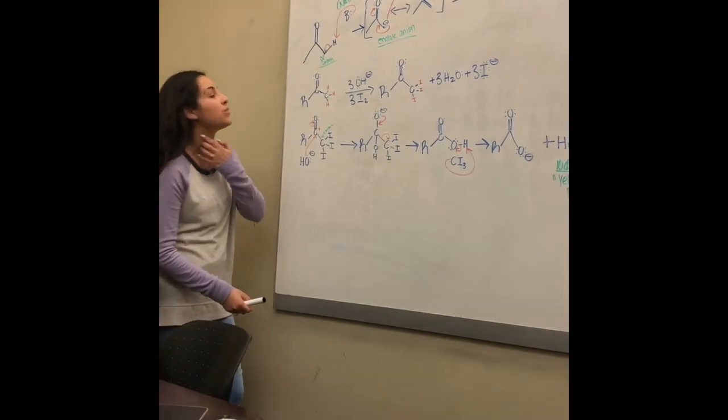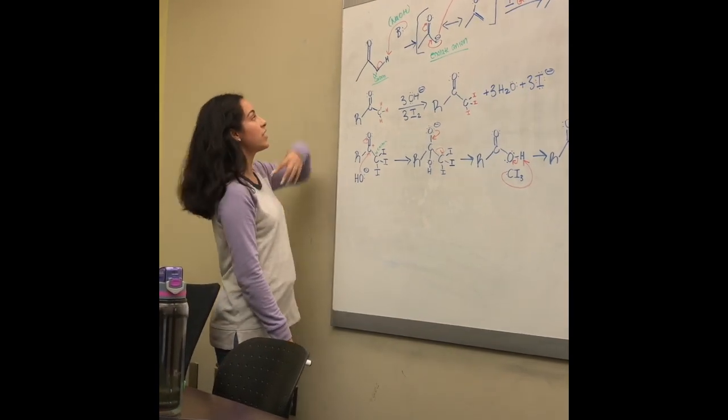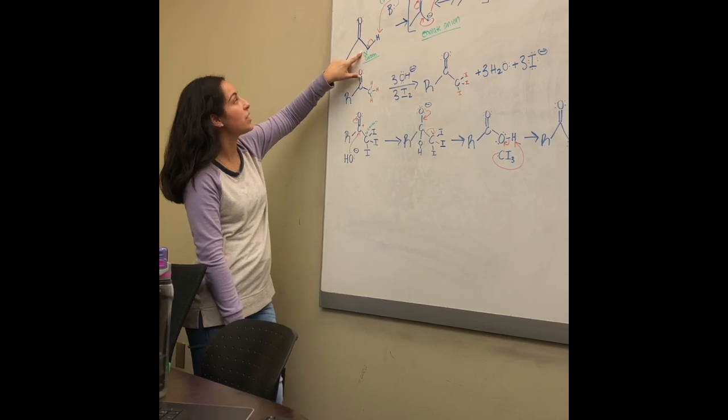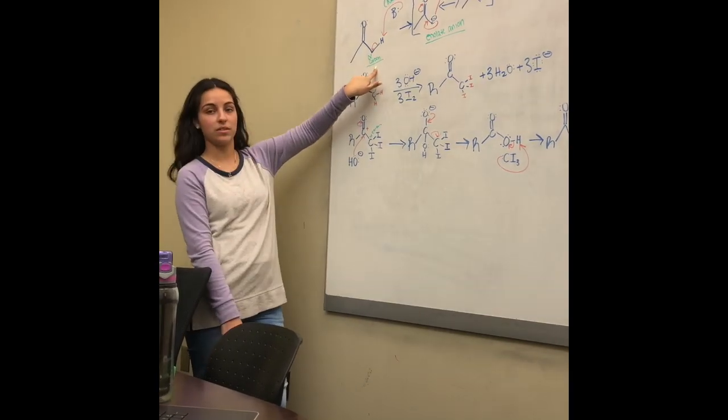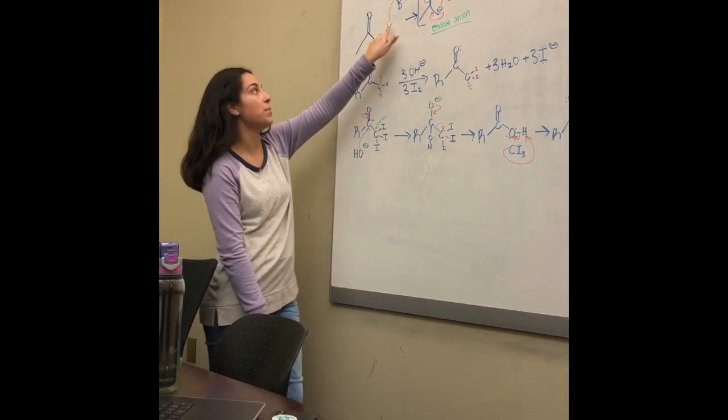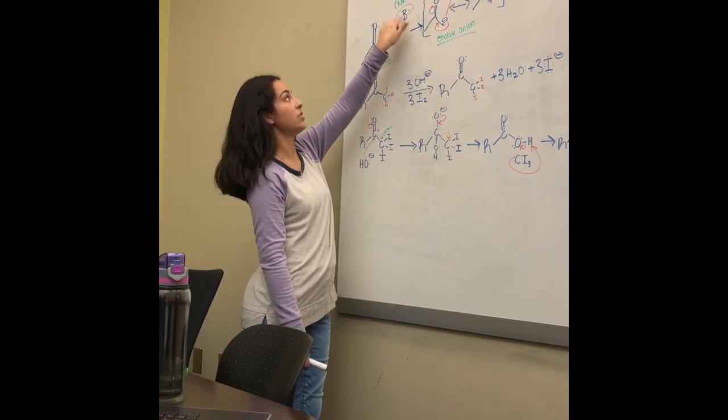So this is the mechanism for the iodoform test. In this case, you have a ketone, or a carbonyl group. Any carbon next to a carbonyl group is called an alpha carbon. The hydrogens attached to alpha carbons are slightly acidic, which is why bases, in the case of this experiment, sodium hydroxide,